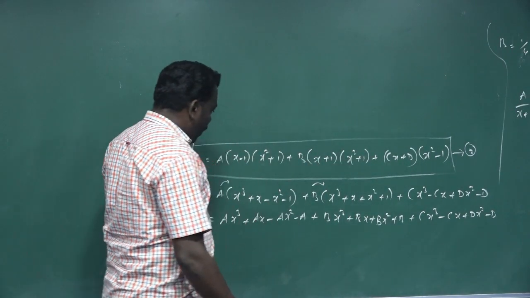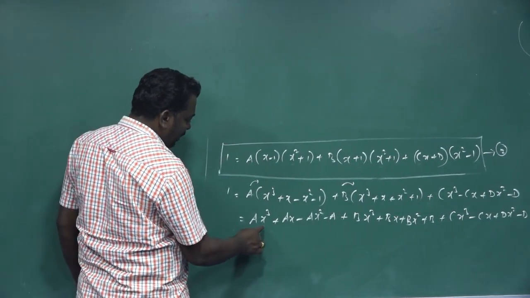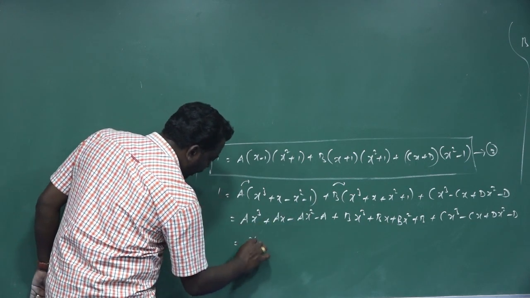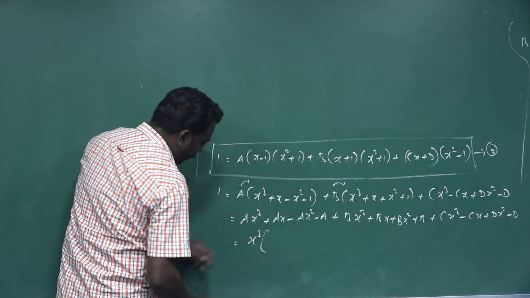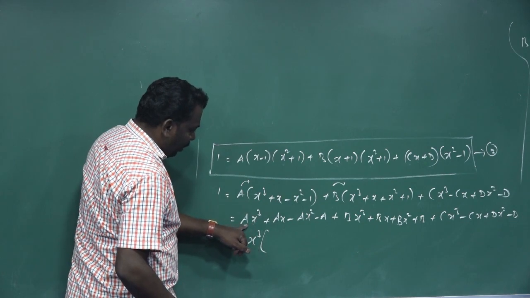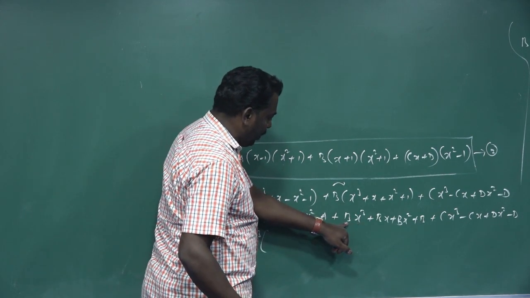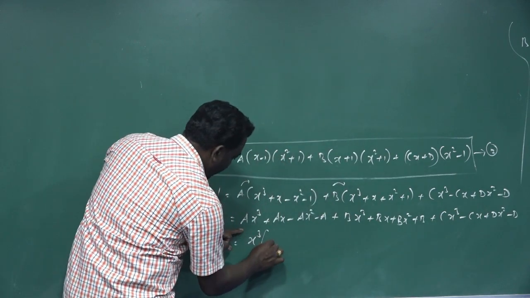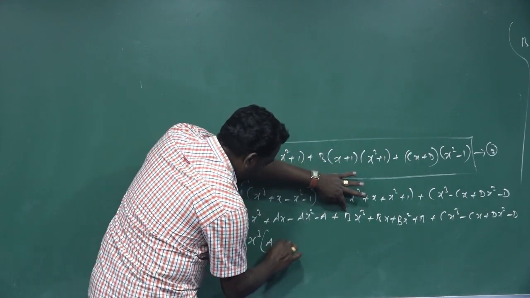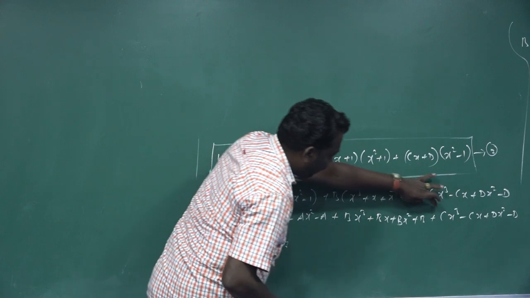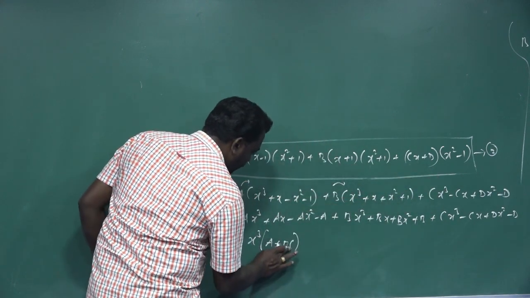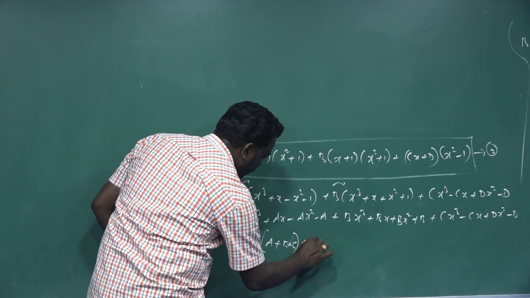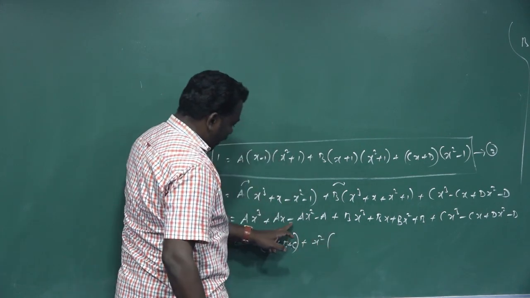Now what we want to do is collect the x³ terms separately. Take the x³ terms commonly. The x³ coefficient is a here, b here, and c here. Therefore a plus b plus c is the x³ coefficient. Now collecting the x² coefficients: